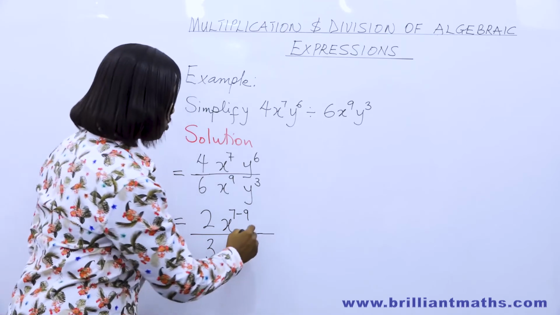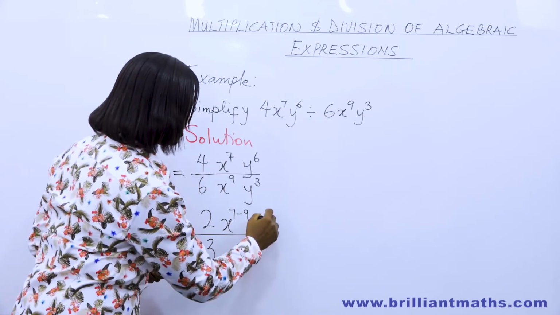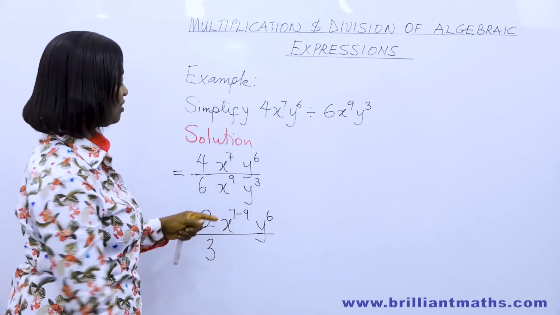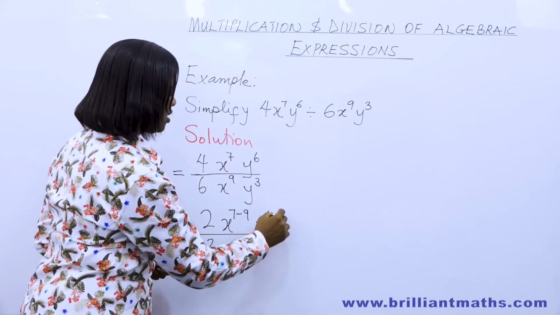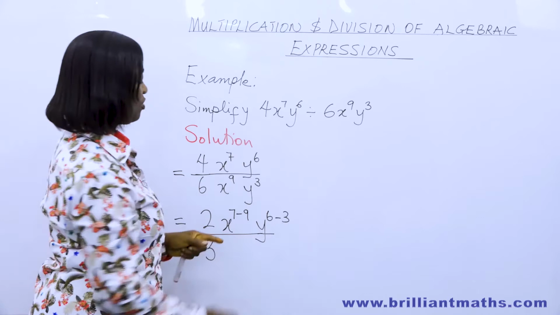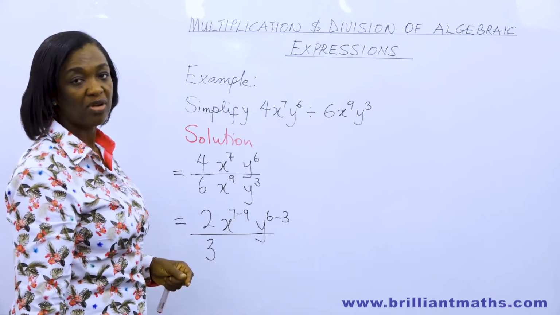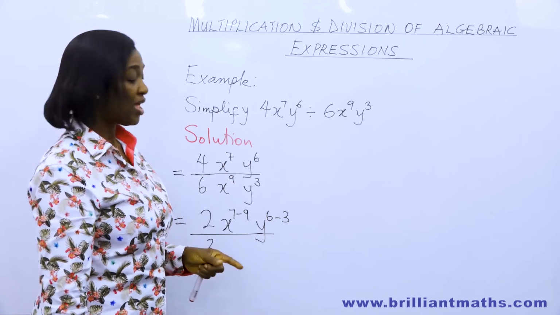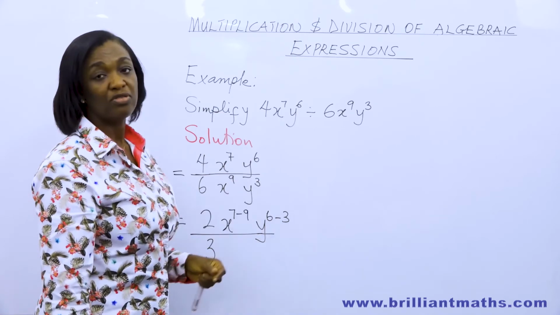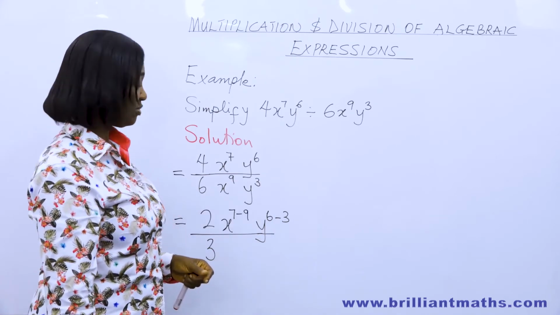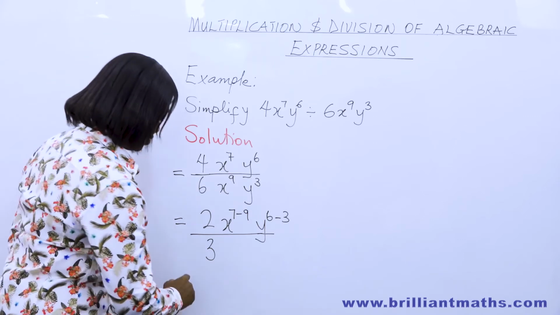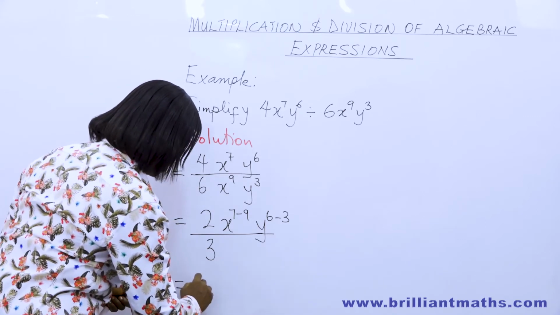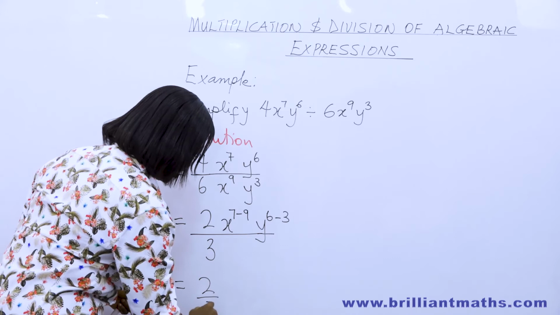And we have y to the power 6 take away 3, because at the bottom we have y to the power 3. We have y multiplying itself 6 times on top and y multiplying itself 3 times at the bottom. How many will be left? So this will give us 2/3